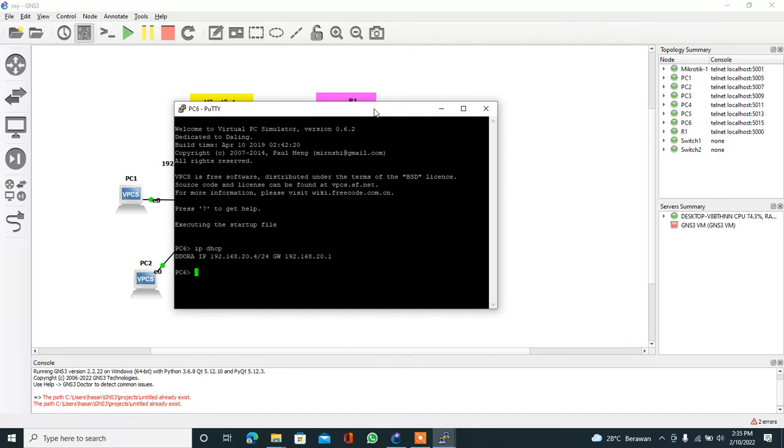PC6 gets IP 192.168.20.4/24. Okay, next.